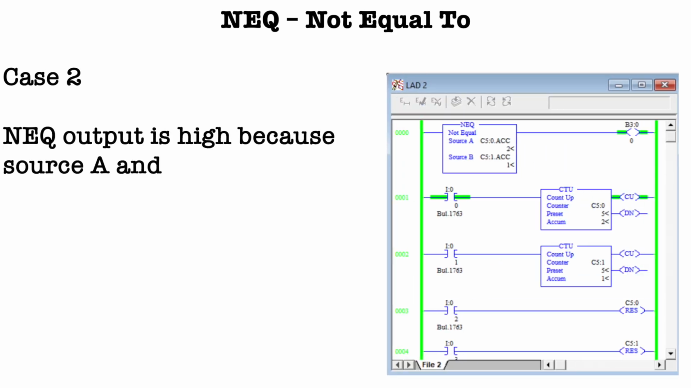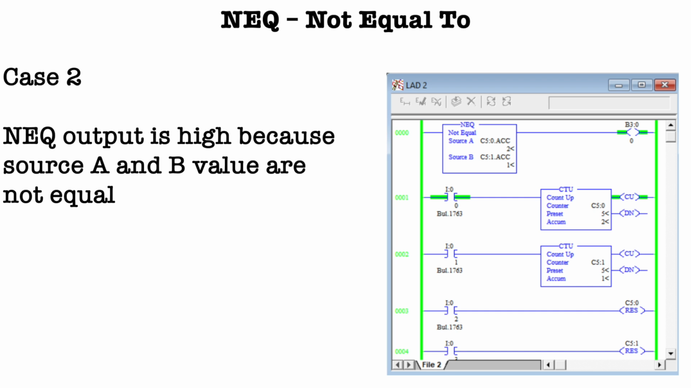Let's take another case. When I change the state of my first accumulator by switching my first switch, that is I:0/0, when I press my first switch, the first counter accumulator value goes to 1, and when I press again, its accumulator value goes to 2. In this case, what happened? The source A value changes from 0 to 2, and the source B value, you can see here,